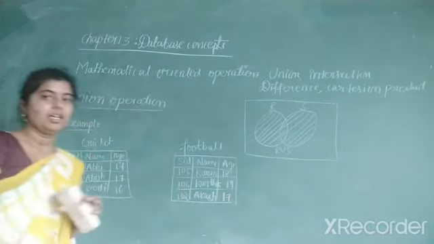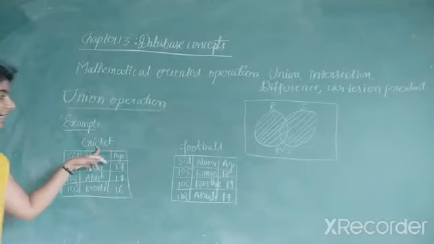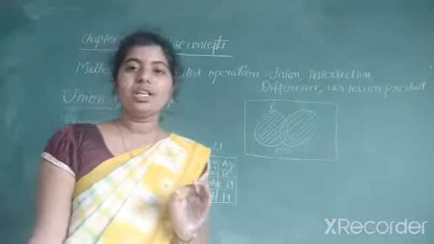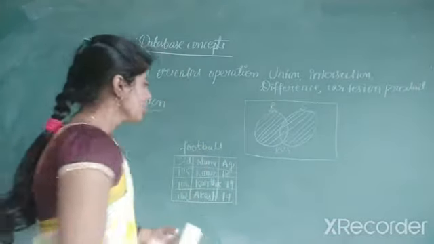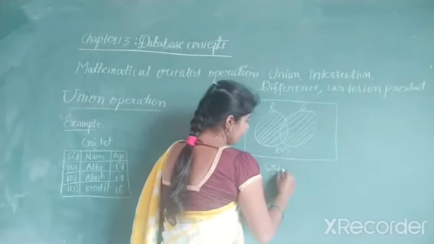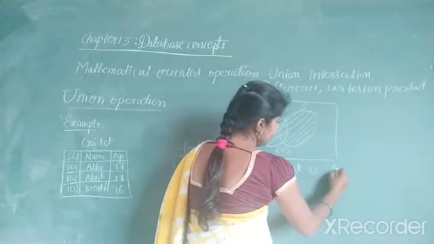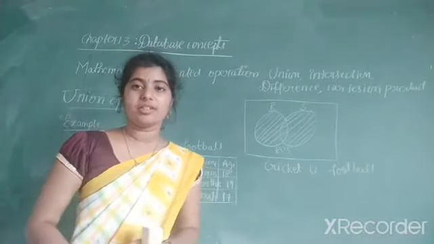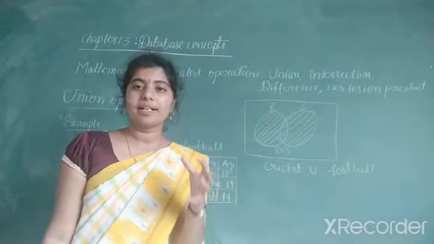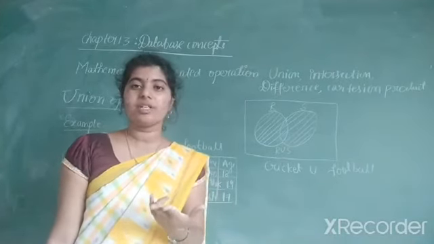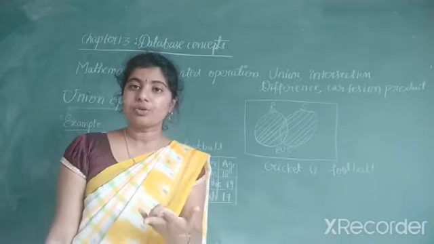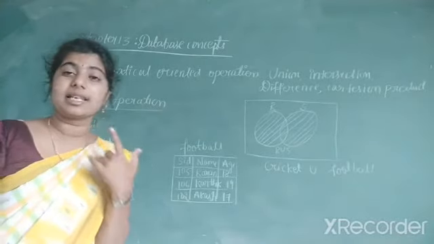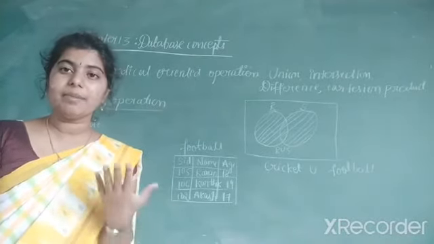You can observe there are two relations I considered: one is the cricket relation and the other is the football relation. Now I want to do the union operation between these two relations, so if I perform cricket union football, you must observe whether these two relations have the union compatible property. We have to check whether the two relations we have taken, cricket and football, are union compatible. What the union compatibility says is, the attribute number should be the same in both the relations.